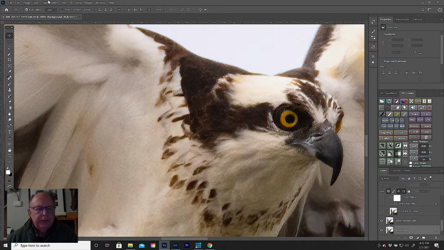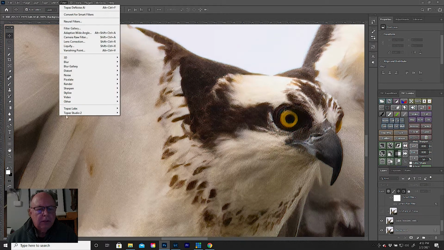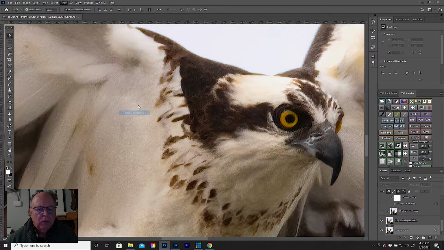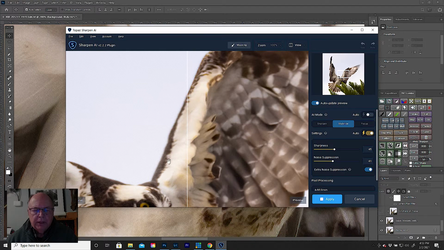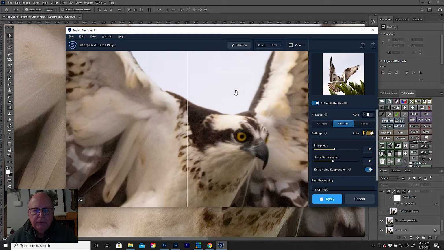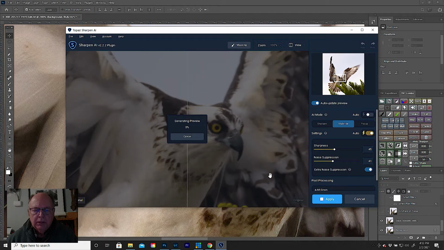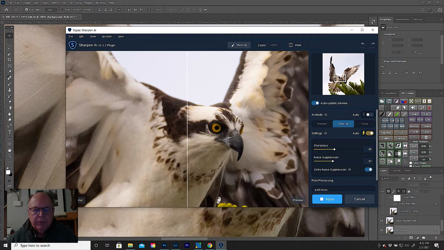Well, what you do is go up here to Filter, Topaz Labs. We're going to open the Sharpen. Takes a few seconds for it to open, so we'll wait for that to happen. All right, so the image is opened in Sharpen. We can move that to get a little better view of the bird itself, and I have it in the split view, so what we're seeing is corrected on this side, uncorrected on that side. And so if we move this slider, you'll see what we saw before. And this is on the auto setting, so we're increasing the sharpness 45, noise suppression 41,